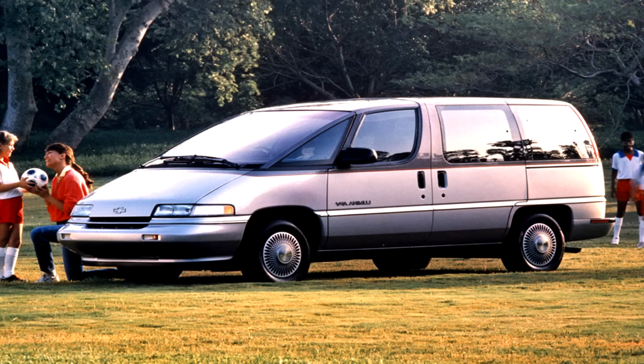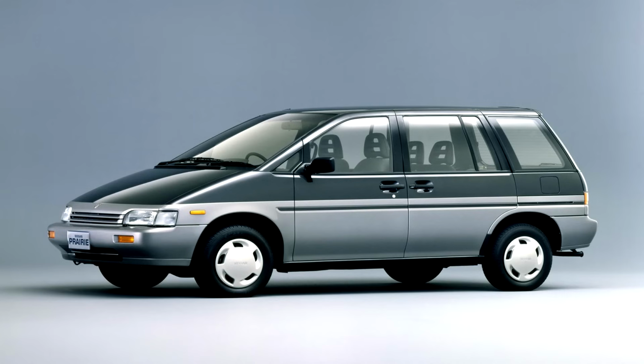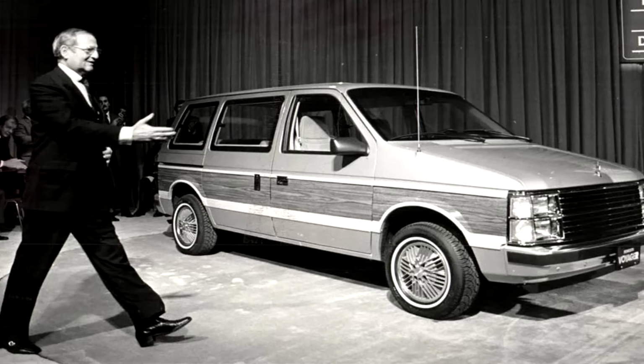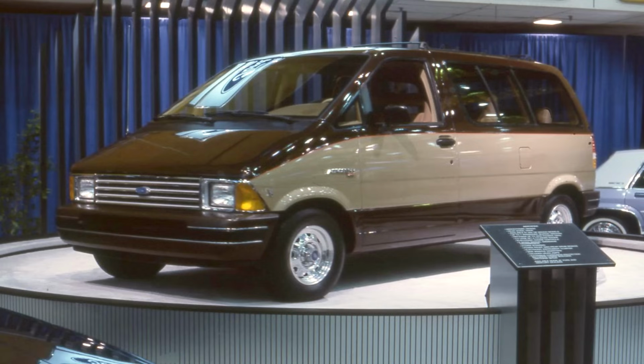These weren't the only minivans from the 90s with sloped front ends. A lot of other automakers were following this trend. Of course, the minivan didn't start out like this. They were pretty boxy with their debut, as many cars on the road were, until Ford came out with the